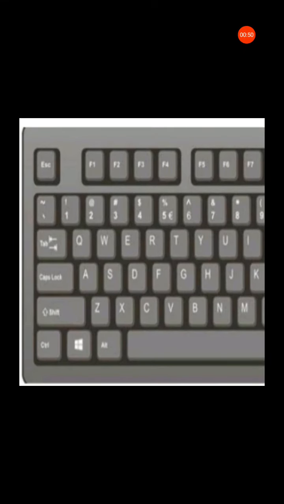So now you can see my keyboard. This is A, B, all you can see. Okay? So now what to do?